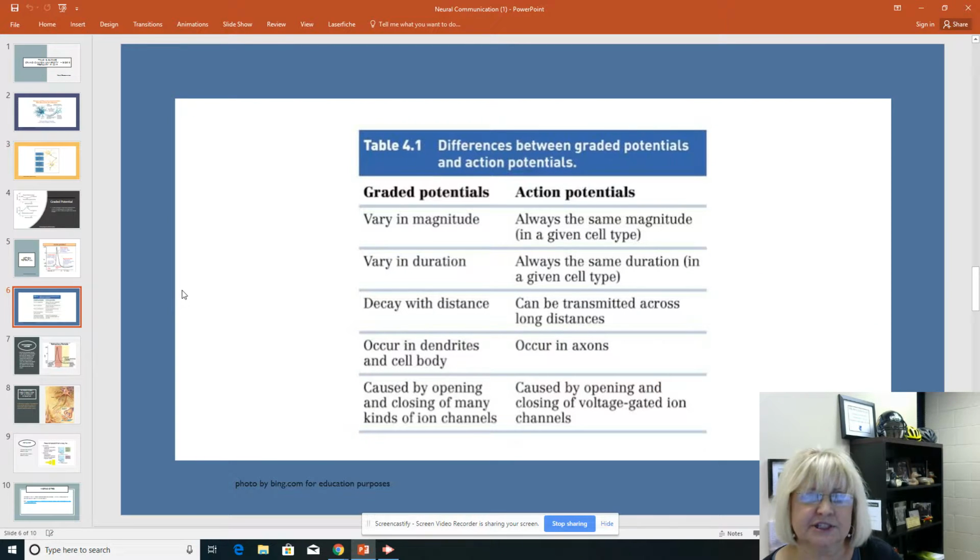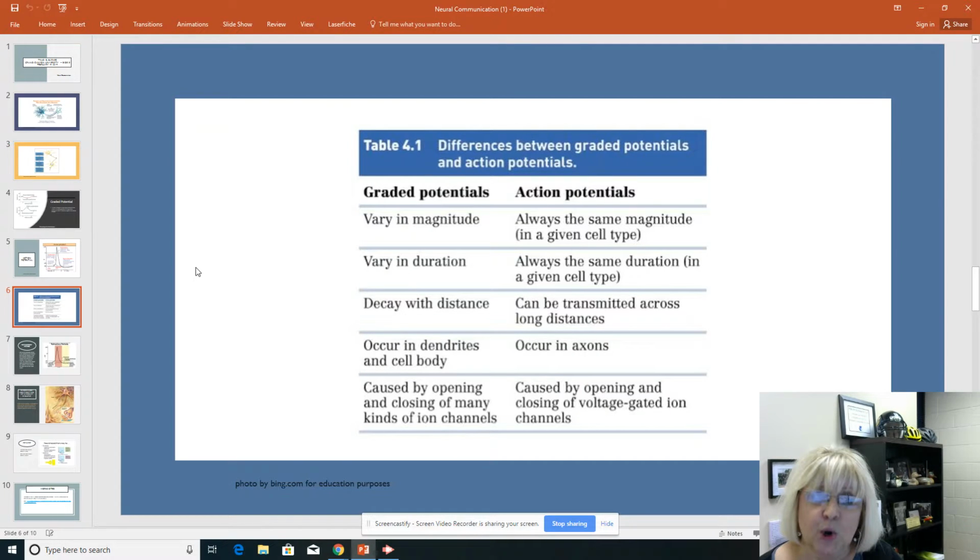Okay, so next, let's just take a real quick summary and look at the differences between graded potentials and action potentials. Graded potentials are going to vary in magnitude. They're going to vary in duration. They're going to decay with distance. They occur in the dendrites and the cell bodies, and they're caused by openings and closings of many kinds of